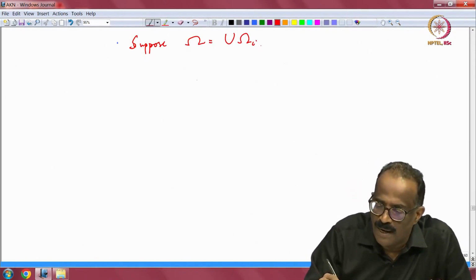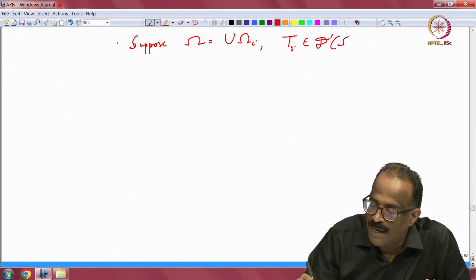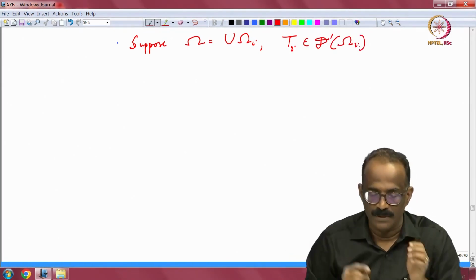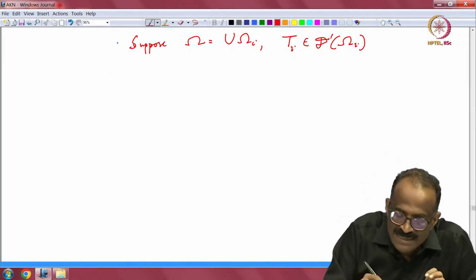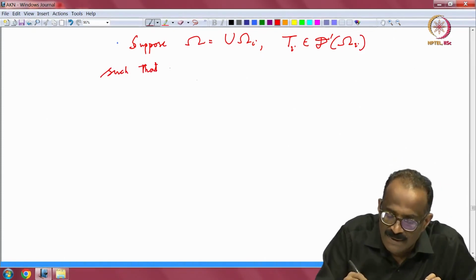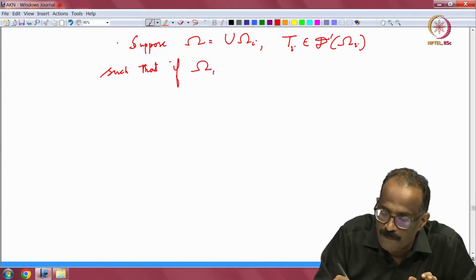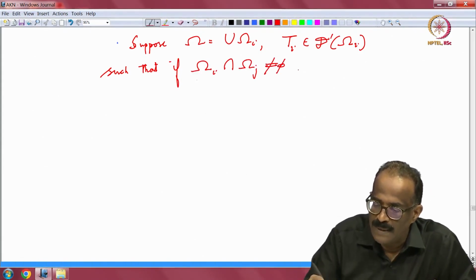Omega is the union of omega I, and T I is a distribution in D prime of omega I, such that on intersections they should match, that is, if omega I intersection omega j is non-empty, then